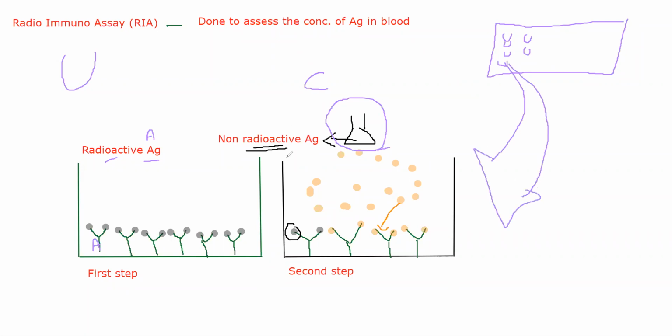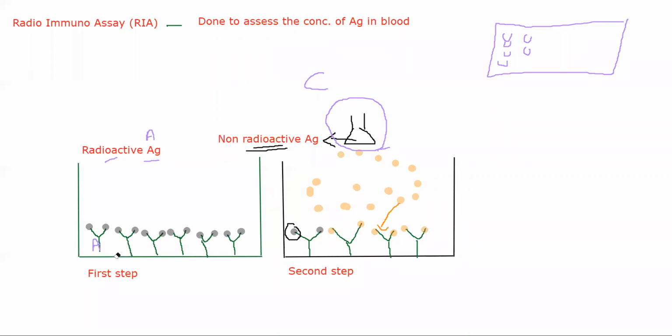it will look like this. Okay, now in these wells what I will do is I will coat these wells with specific antibody. So I want to test radioactive A antigen, right? So I will coat these micro wells with A antibody. I will pour a little bit of antibody in it. Okay, so the antibody goes and sticks on the surface of that well, A antibody.